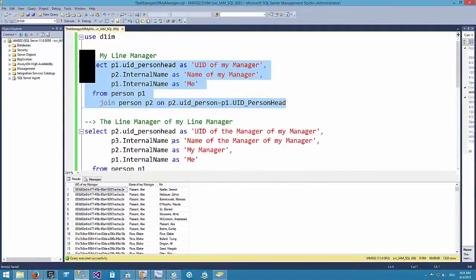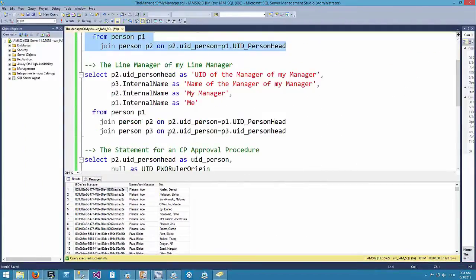So what I do here in the second statement is to expand that a bit. First of all, I join a second time now the person table to my person table. Now we have 3 data sets of person table. The original data set, which represents me. Then a second set of person data represents my managers, and the third set of data which represents the managers